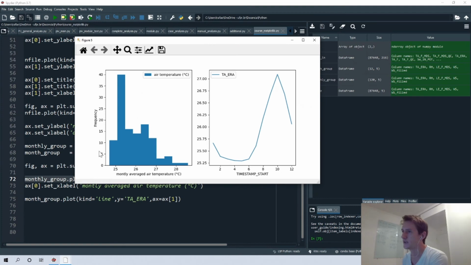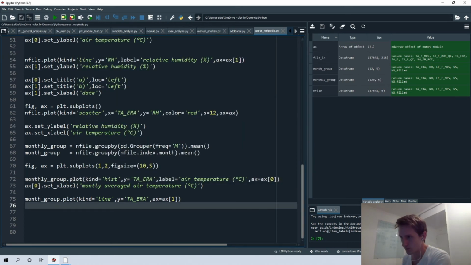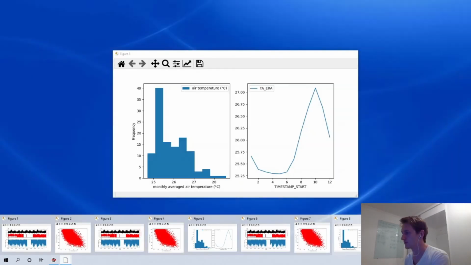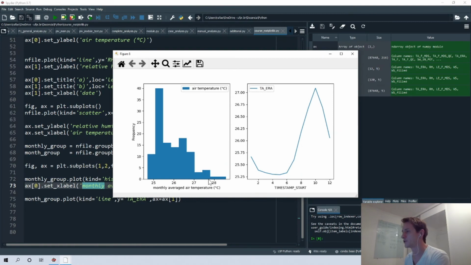So as you can see, here we have the frequency. We don't need to specify that because these are the full value. If you are plotting the histogram, it will always be a frequency. So we have the monthly average air temperature.